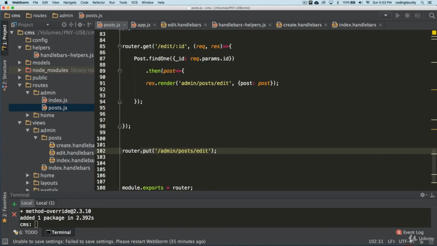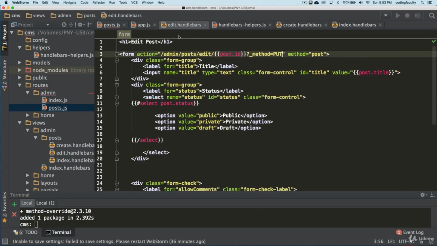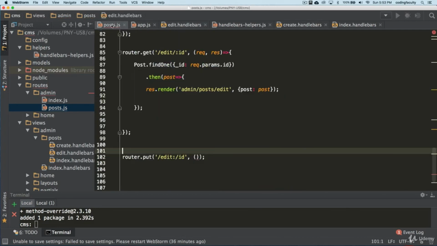But remember, this is a put request, so it's different. So you can name it the same. As a matter of fact, we don't need all this stuff. We don't even need to have the edit there, but I'm just going to do it anyway. Let's go back here real quick. Edit. Yeah, that's what we got.